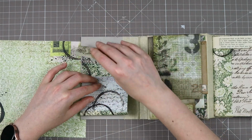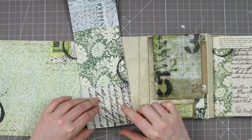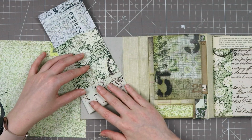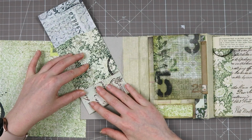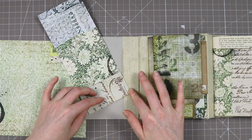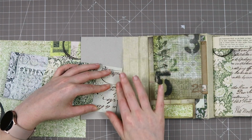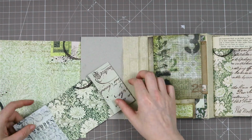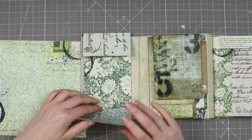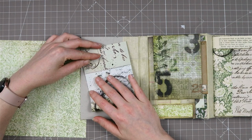So let's see. Okay, maybe we should first fold the flap. So I want this to be on top as the flap, and that flap I want to have about this height. Now, this is not all the folding. We are going to create a spine and that is why we need the scoreboard. But let's do this first. And then we are going to...